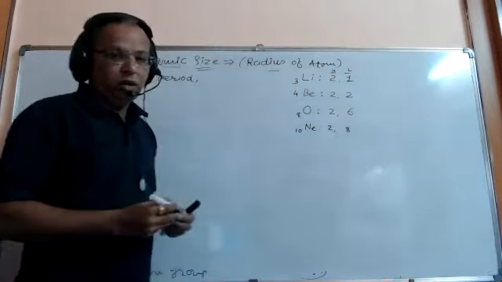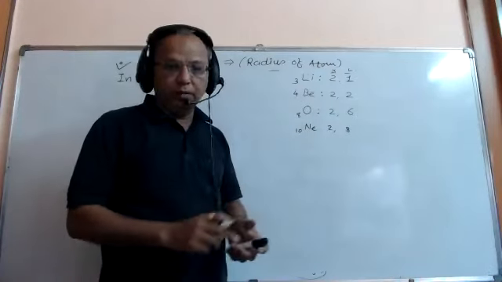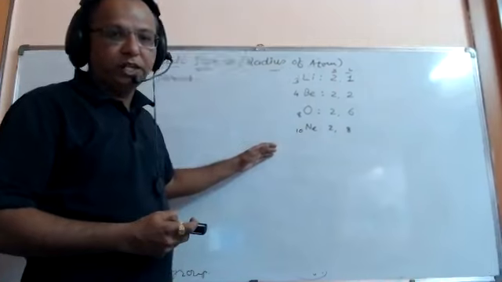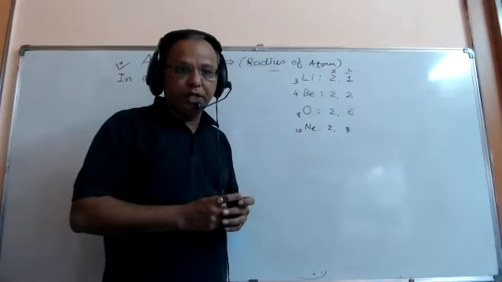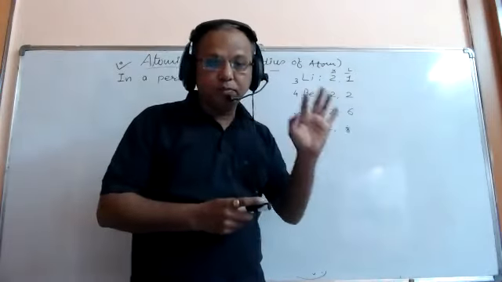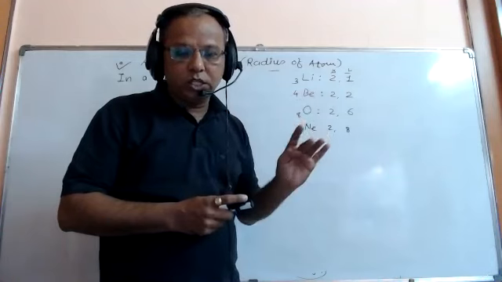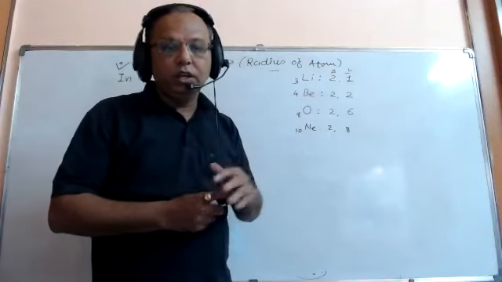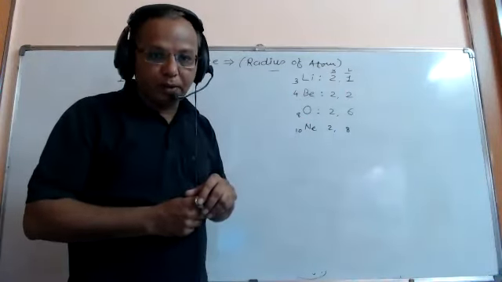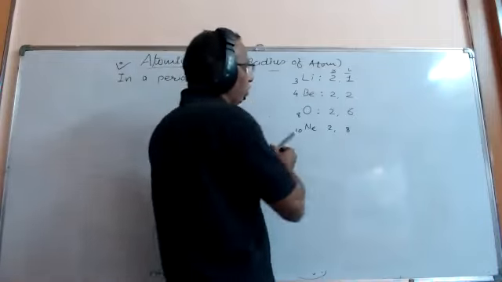So this all, I have skipped some elements because we have to consider them randomly. So a total of 4 elements are taken from the second period. In the second period: lithium, beryllium, boron, carbon, nitrogen, oxygen, fluorine, and neon. 8 elements are present. Out of 8, we have taken 4 for example. Let's check what happens.